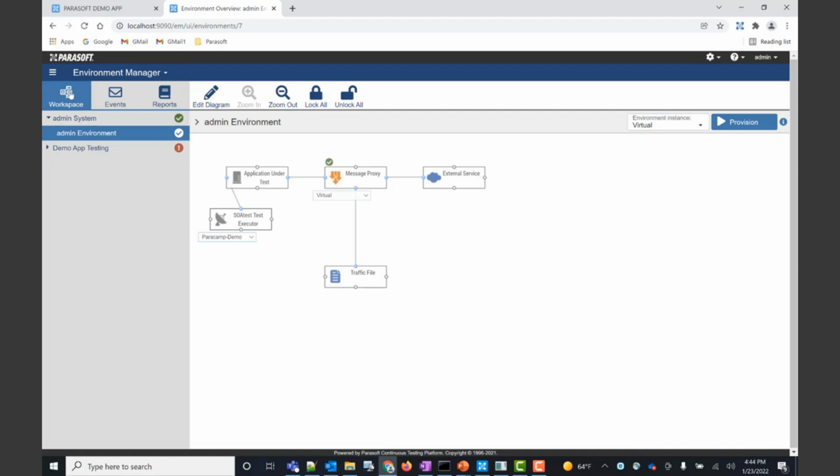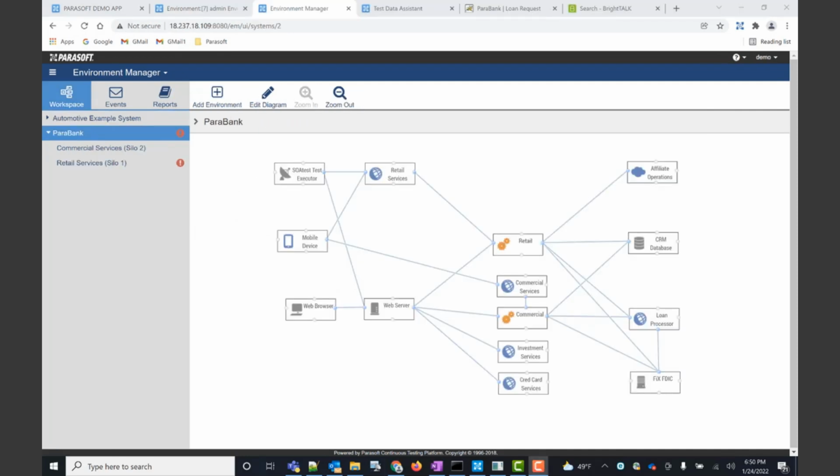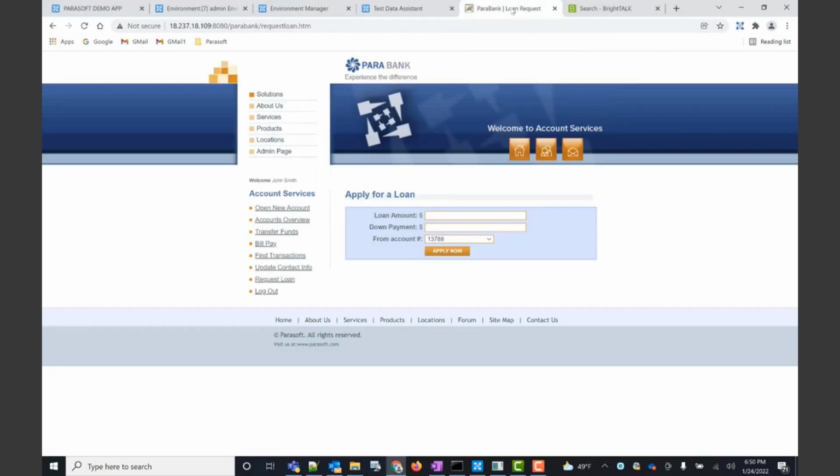Moving on. Now I'd like to take you through the final piece, which is our test data management and using regular expressions as data. In order to demonstrate this next scenario, I need to switch to another instance of CTP, where you see a much more involved diagram here. This is an advanced scenario that requires some previous setup as well as a more advanced demo application other than our simple online store. Namely, this is Parabank, our other Parasoft developed demo application.